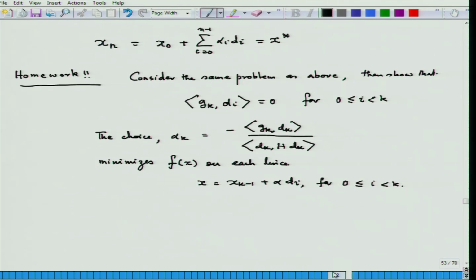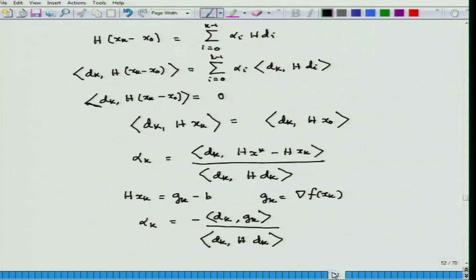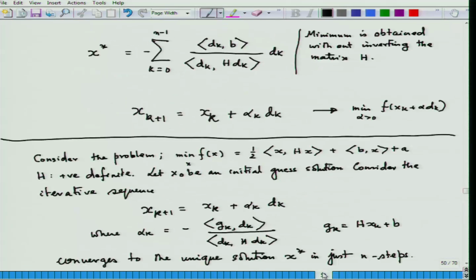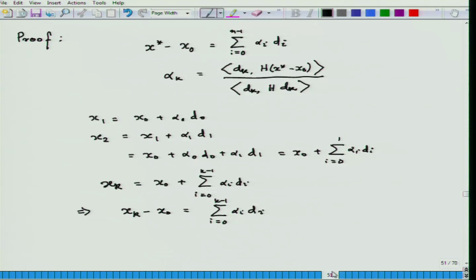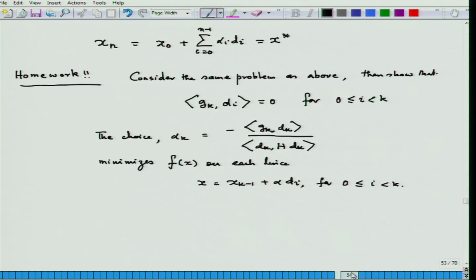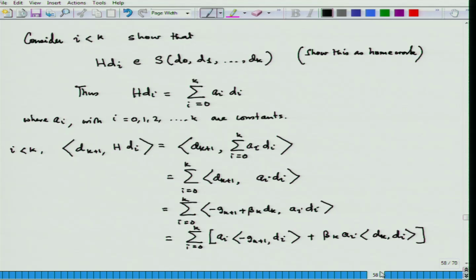So, if I have kept here g_{k+1}, then I have d_i, where the d_i's are behaving as conjugate directions till k, then this holds true. Okay, so I go back. So, using that particular thing, this becomes 0, while